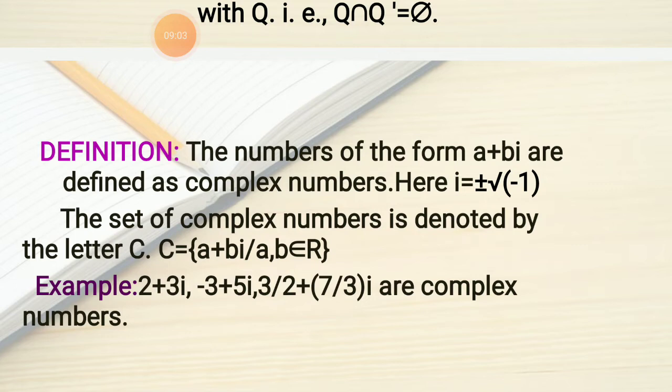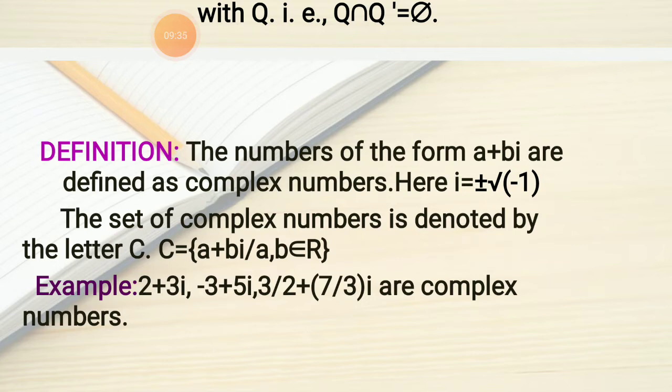The complex numbers came into existence when you consider the equation x square plus 1 equal to 0. When you take x square plus 1 equal to 0, it means x square equal to minus 1. But the square of any real number cannot be negative. So x square equal to minus 1 is impossible for any real number x. So mathematicians imagined a number i which satisfies x square equal to minus 1. So i square equal to minus 1, i is equal to plus or minus root minus 1.